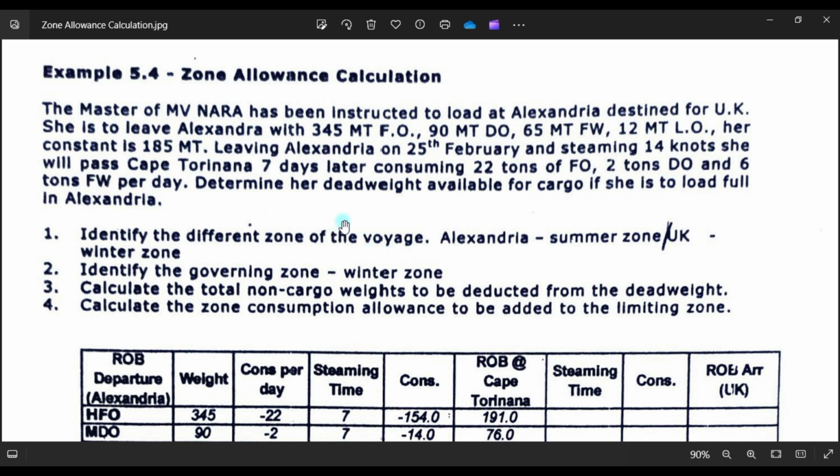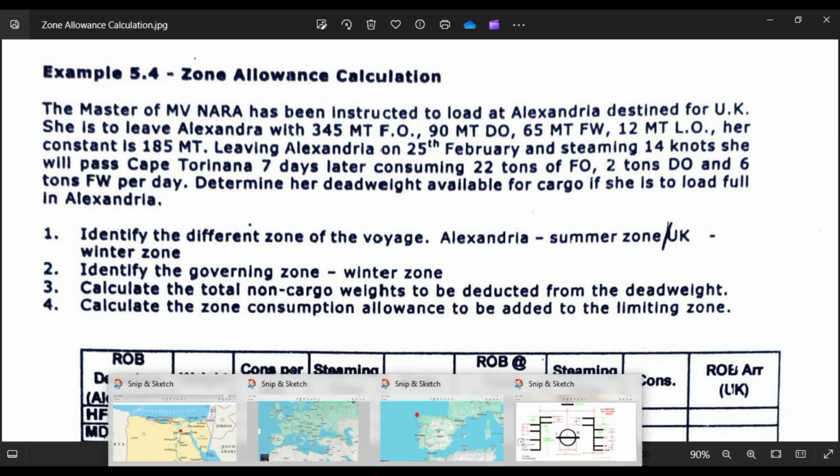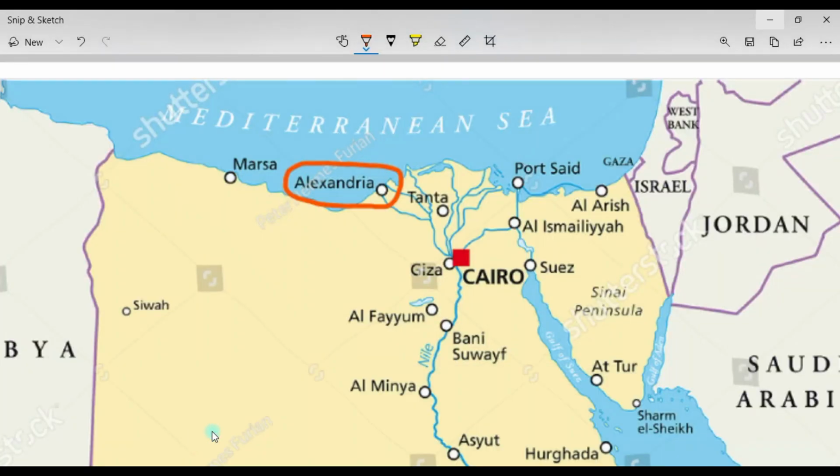So first of all, we will show you where this Alexandria is located. So this is Egypt, this is Port Said, this is Israel, Jordan, and Saudi, and Alexandria is here in the Mediterranean Sea. This is Cairo, so he is in Egypt.